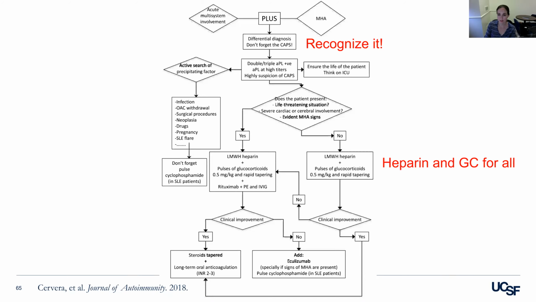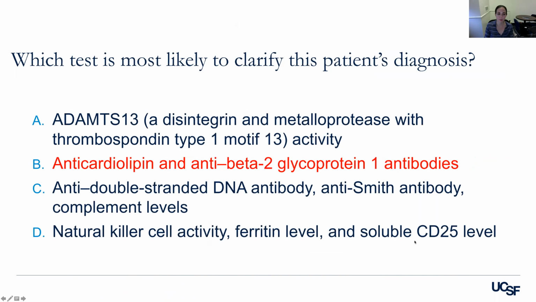So just to make the point that heparin and glucocorticoids are the cornerstone of treatment for all patients with catastrophic antiphospholipid syndrome, but then, out of desperation in these very critically ill patients, considering rituximab, potentially eculizumab, plasma exchange, and then cyclophosphamide, particularly in patients who have lupus. So for this patient, she had core clinical features that were concerning for a thrombotic microangiopathy,